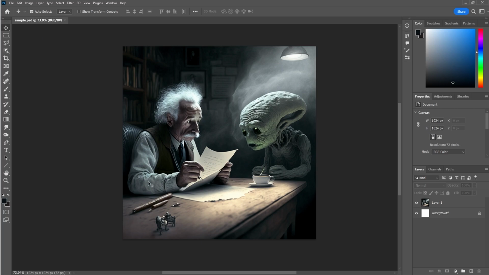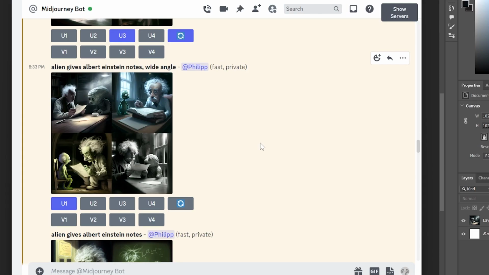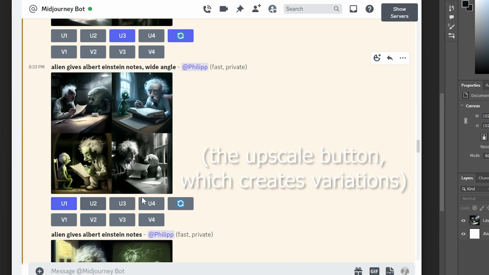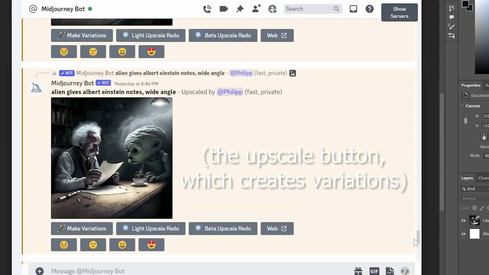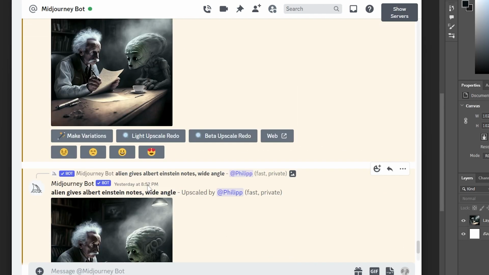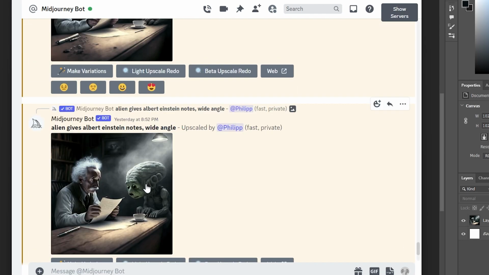So in this case, I'm really happy with this base picture, but there's several things I don't like. For starters, I don't like the back of this head. It looks too much like the Aliens movie Alien, and I don't want that connotation for my concept. So I'm clicking the variation button a few times, and this will give me a lot of pictures to work with to overlay. So now I'm looking for a good back of the head image,